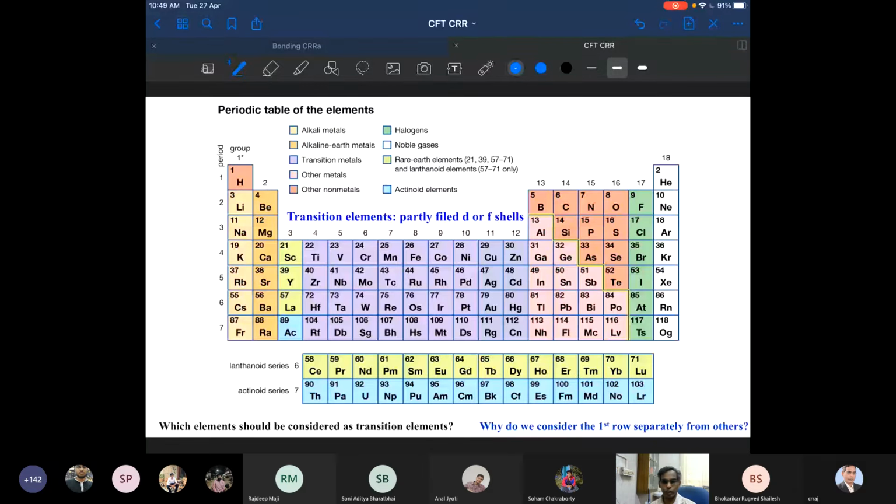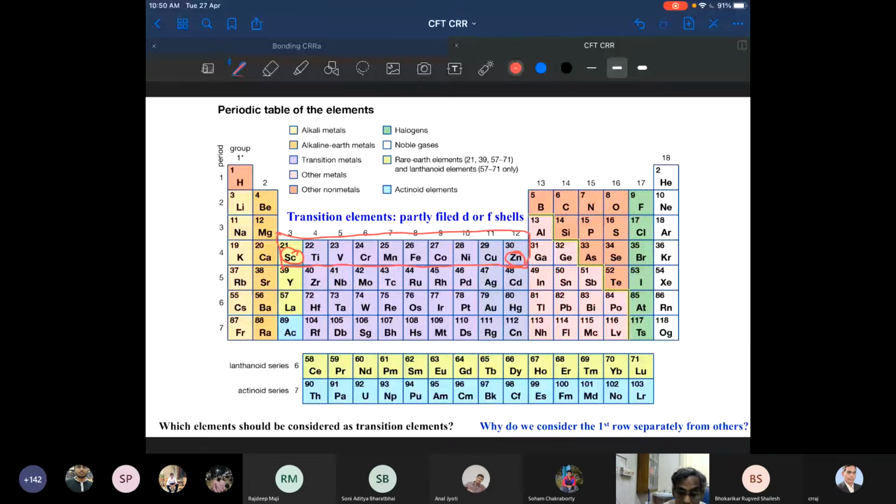Now, before going to the crystal field theory, we need to come to the periodic table. What is the periodic table? We are going to talk about the first row transition elements, right? So the first row, you have scandium and it ends with zinc. Right here I have scandium and the zinc. This is what we call the first row d block, right?